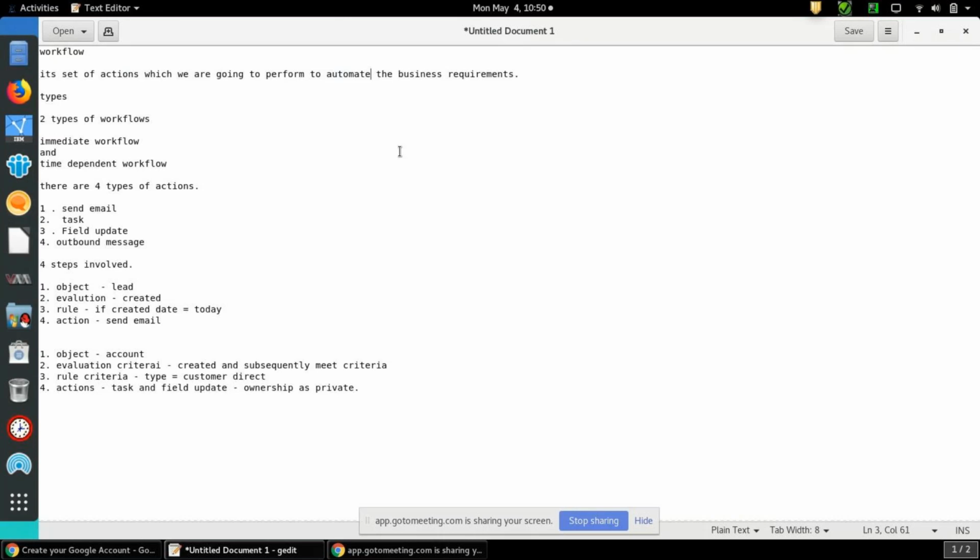Okay, these are the two types of workflows we have, and there are four types of actions we can perform using workflows. One, we can send an email. Like I said, if you are creating something new, we can send an email and notify you, welcome to the sales, or something like that. You can mention whatever you want. And we can assign a task.